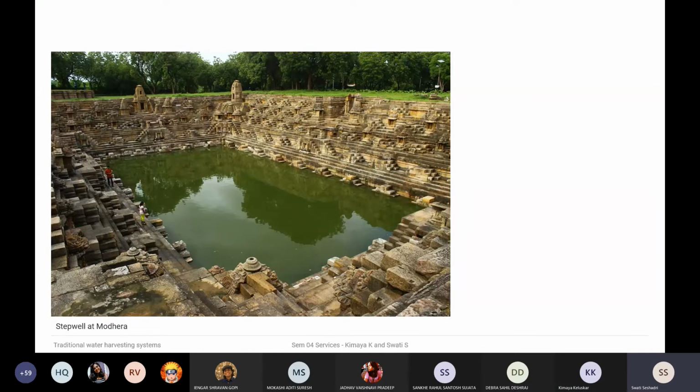are bubbles coming through in the water, and that's because there's either some spring allowing that to happen, or there are a lot of frogs and things like that, which are always keeping the water moving. So you'll always see that most of these stepwells have some movement every time you're around them at any time of the day.